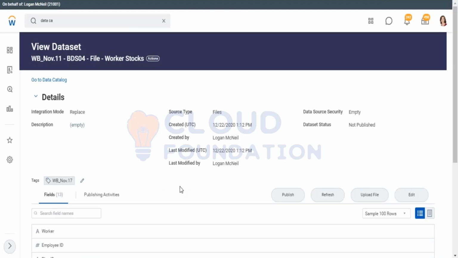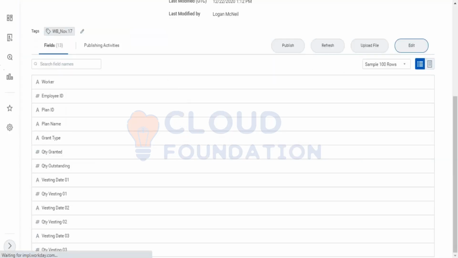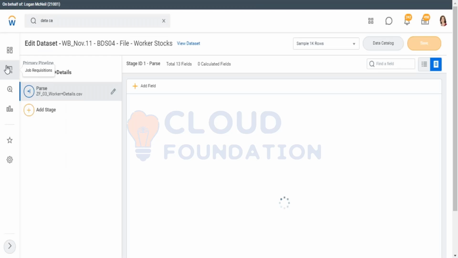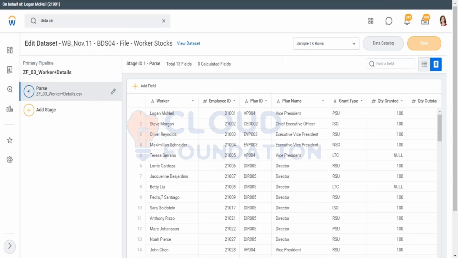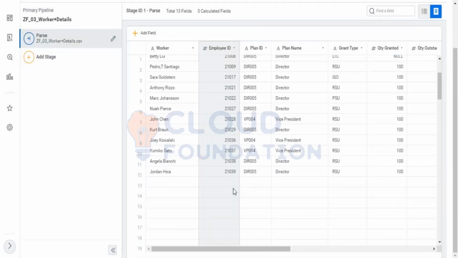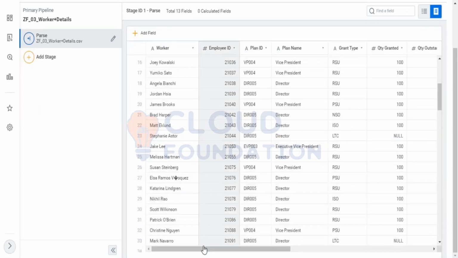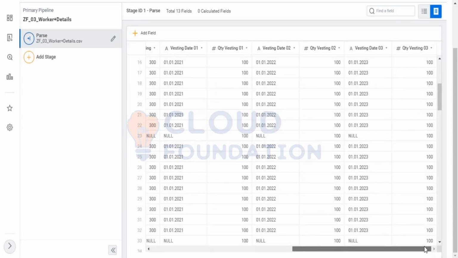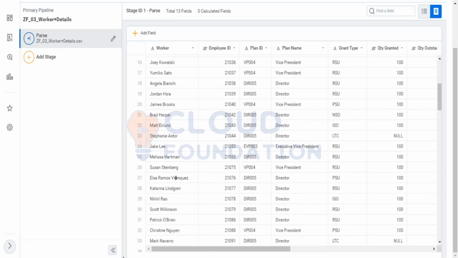All right, let's go to the edit mode and see what has happened. So now if you see, I have all worker data. All right, so let's understand this file. For each worker, this is the name of the worker, this is the employee